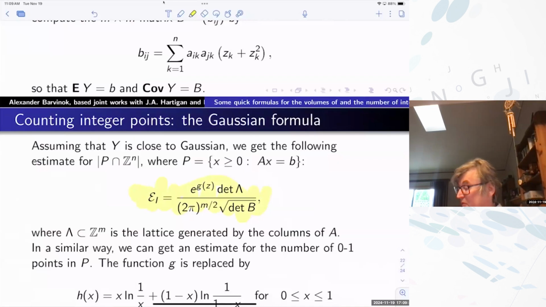So this is an efficient formula, but the issue is, does it have anything to do with the true number of integer points? In some cases, we can prove that it does. In some others, we cannot. But what is also true is that the experiments show that sometimes it's amazingly precise. And that degree of precision we are unable to achieve by thinking. So we're unable to prove a theorem that it must be that precise.